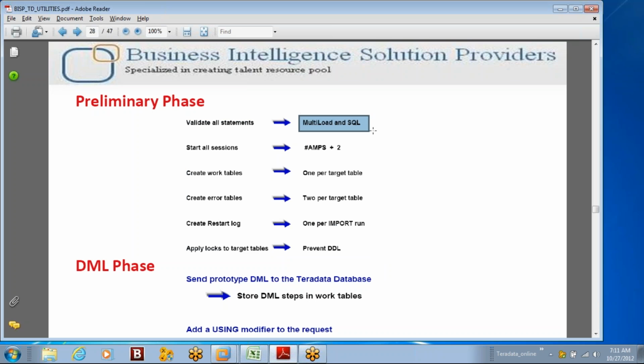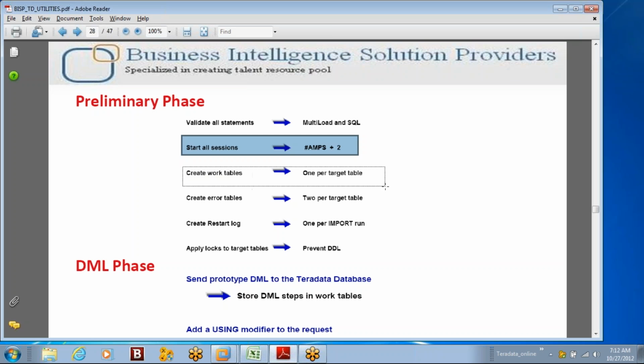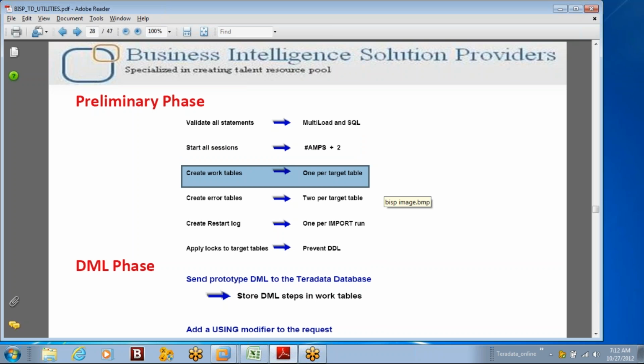The multiload commands and the SQL commands. It validates for the syntaxes, and it starts all the sessions. Two sessions are default. One is for restartability, another is for parsing the SQLs, and the rest of the AMPs do the actual loading operations or import operations. And it creates the work tables, the intermediate table which will load even before the target